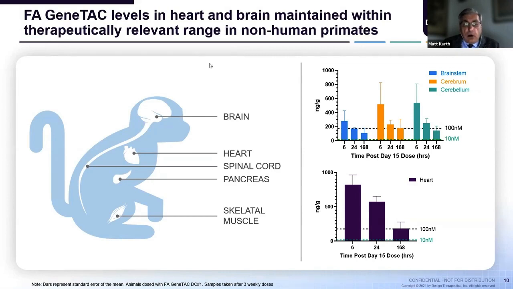After they finish the protocol, a group of them are set aside to make sure that if they do find something after X number of weeks of treatment, that's called a recovery group. So you stop treating them for some time and look at the difference between those that have been treated for, let's say 13 weeks, and then you look under the microscope and do histopathological evaluations of all the tissues.